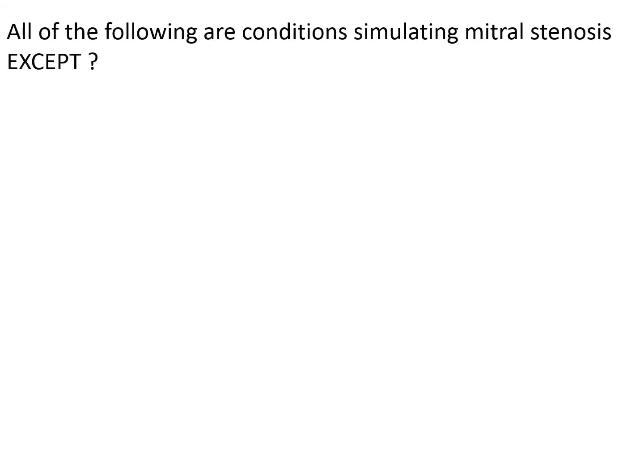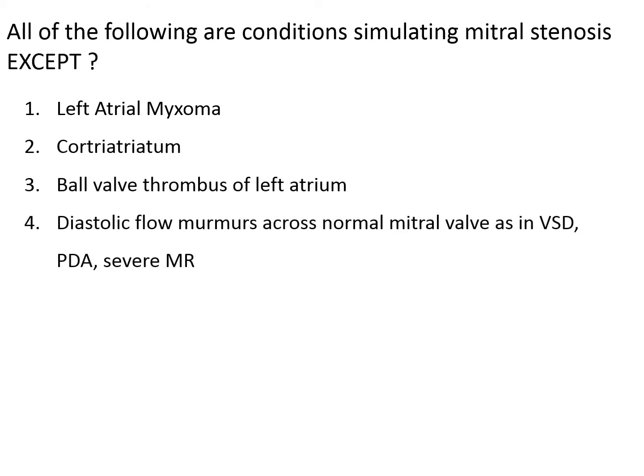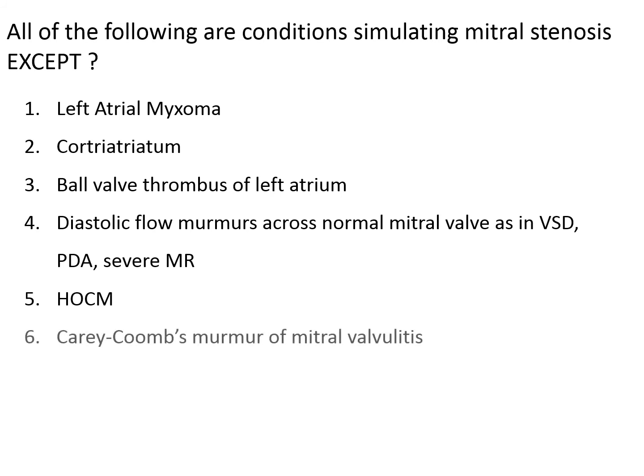A new question. All of the following are conditions simulating mitral stenosis except: left atrial myxoma, cor triatriatum, ball valve thrombus of the left atrium, diastolic flow murmurs across a normal mitral valve as in ventricular septal defect, patent ductus arteriosus, severe mitral regurgitation, hypertrophic obstructive cardiomyopathy, Carey-Coombs murmur of mitral valvulitis, tricuspid stenosis, and Austin-Flint murmur. The correct answer is